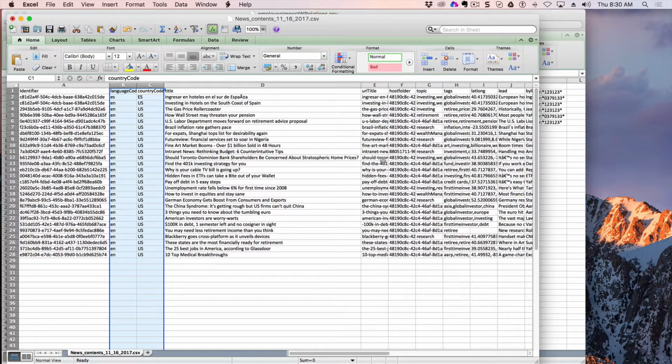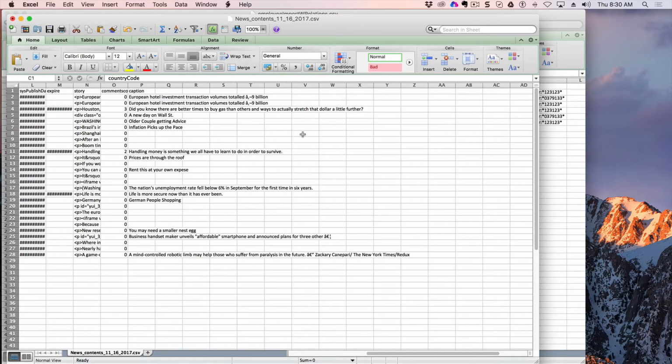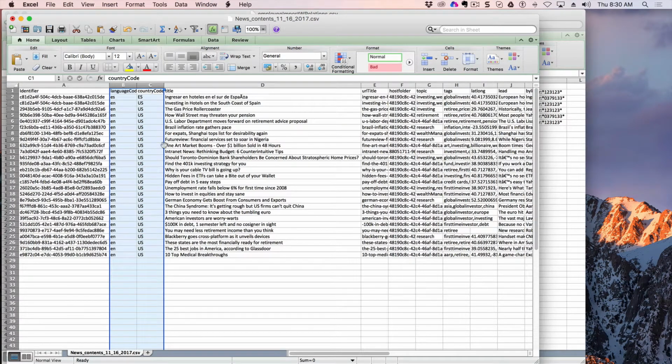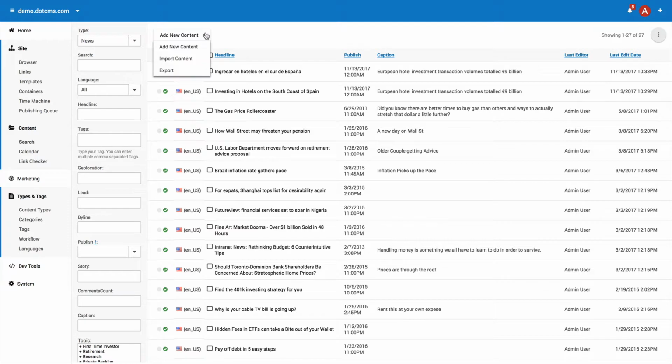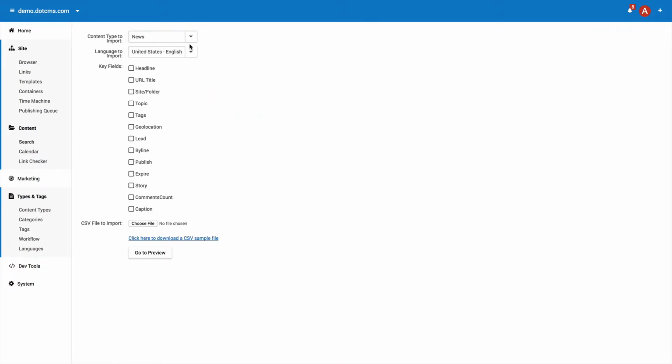I'm only going to do 4 articles to keep it simple, but it's got all of the required fields here that I need to be able to upload that content. So let's once again take a look at the importer. And if we look at import content on this particular content type, and it's already selected news, instead of English